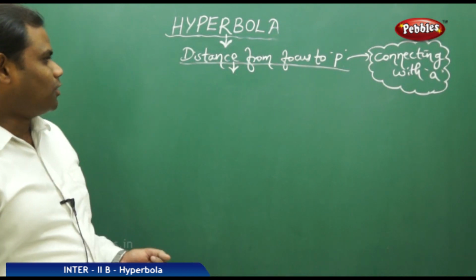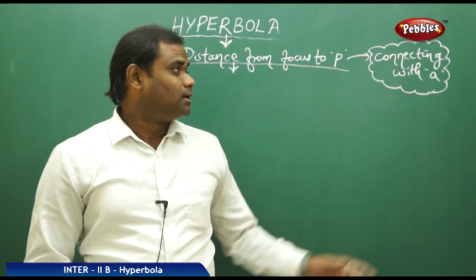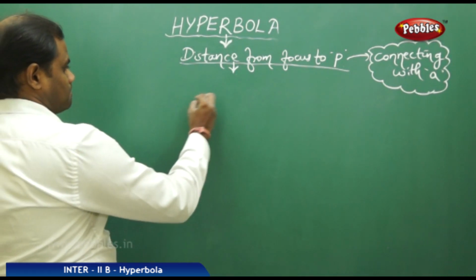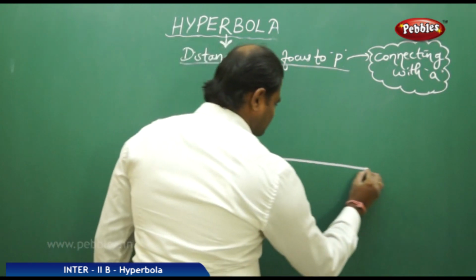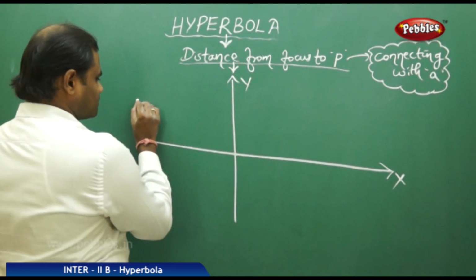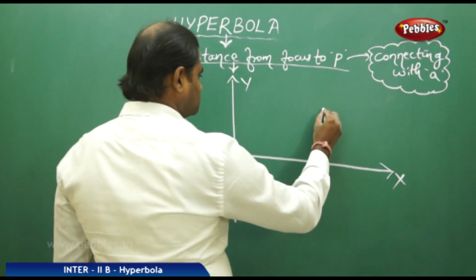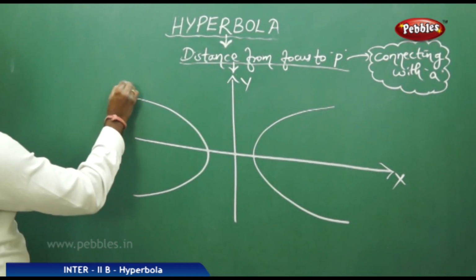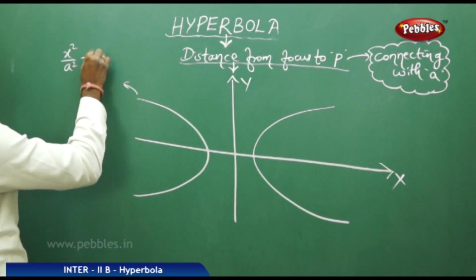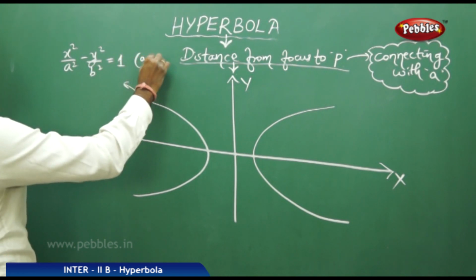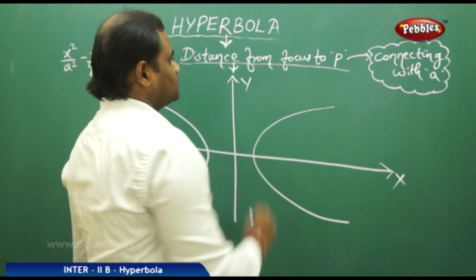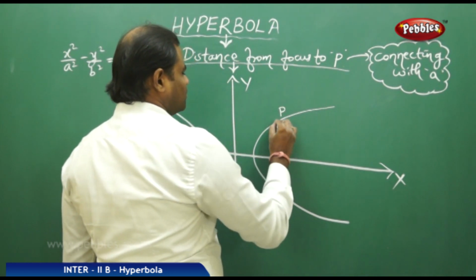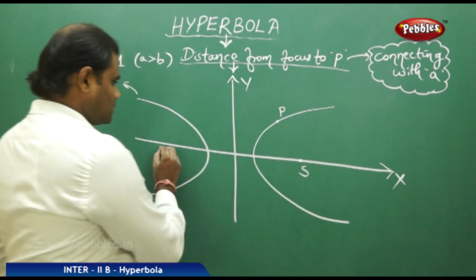Now let's see the connection of the distance from the focus to any point on the hyperbola, which is related with a, that is half the length of the major axis. As we know, the standard equation of the hyperbola has its shape in the xy coordinate system in this form. Now this hyperbola, given by the equation x squared by a squared minus y squared by b squared equal to 1 with a greater than b, has the focus connected with a. That is, if I take any point P on the hyperbola, and I have the focus S, which is out here,